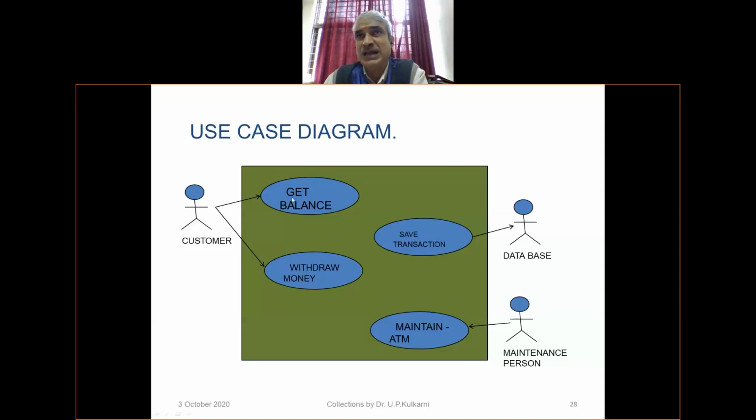It should speak about an activity: get balance, withdraw money, save transactions. That sounds good, so when you are forming it, please look into that. Actors are those who provide input or take output of the system, and use cases are nothing but the functionality of the system. A small case study we will go through now.